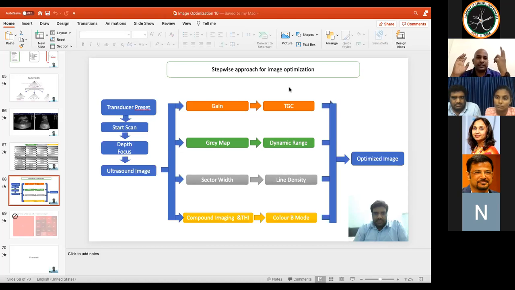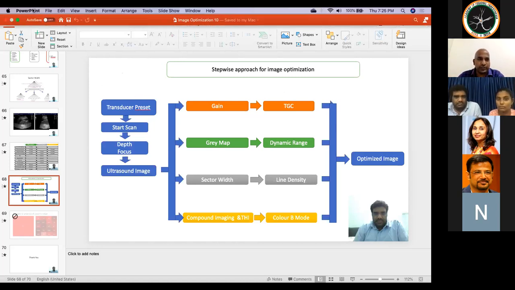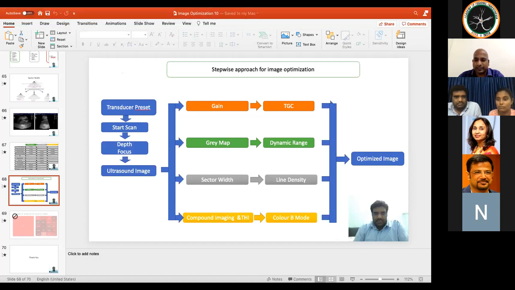That is the second step. Okay, you know that the probe maneuver is the key, and all these buttons are going to change one of the resolutions. And then finally, when you have so many things, where to start and where to end is the flow chart which has been shown here. I will just glance through the flow chart, why it has been made like this, and then I will end my discussion.